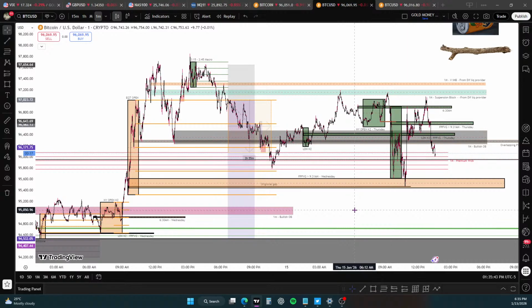Look at it. Where is the price falling to after it leaves the green suspension block, the turquoise suspension block? Where is it going to fall to? Where is it falling to? Where's it going? You know what I mean? Everyone's selling it, selling it, selling it. Where are their TPs?